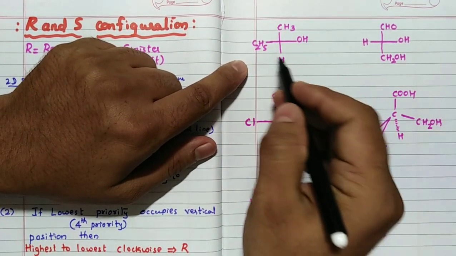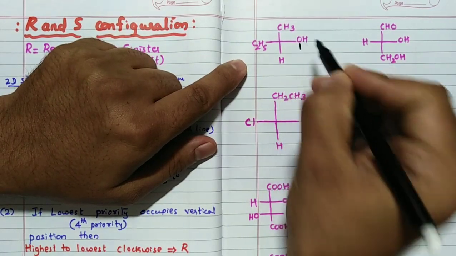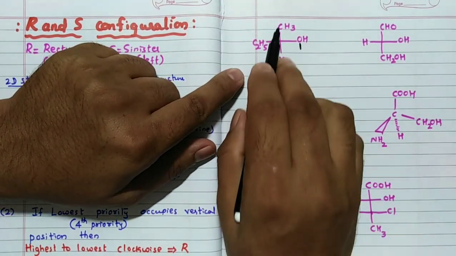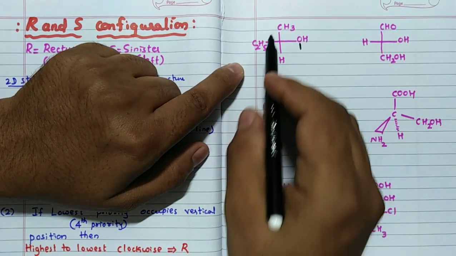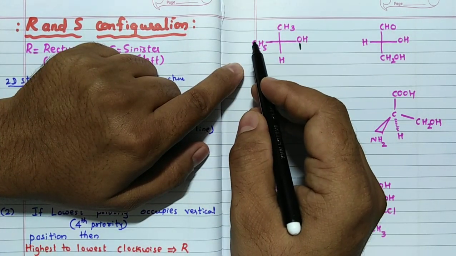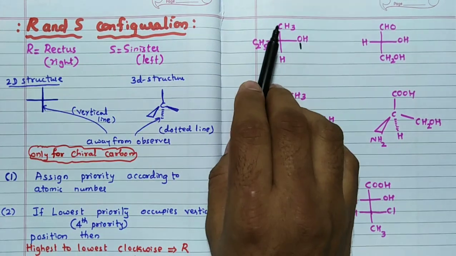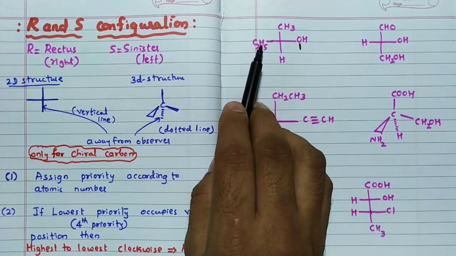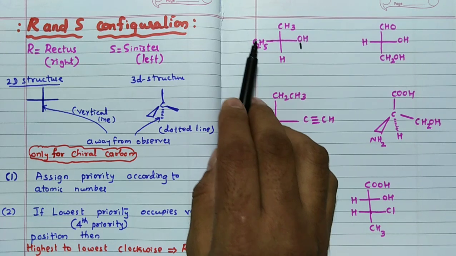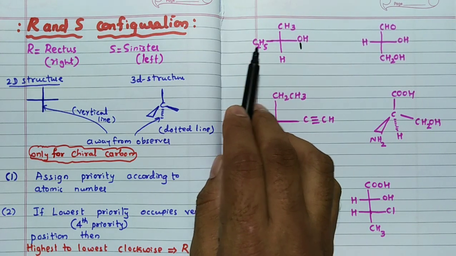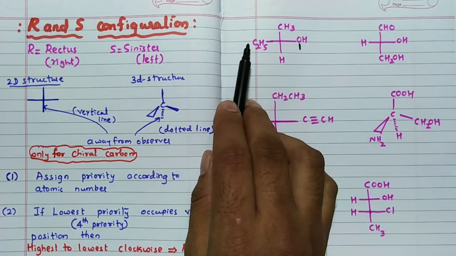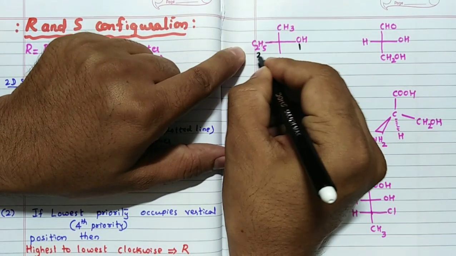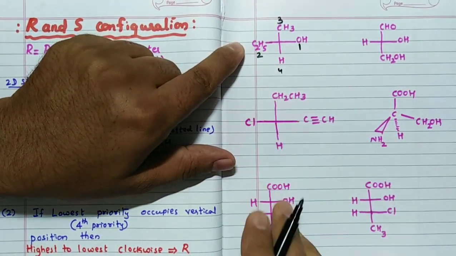See, first priority, highest atomic number, oxygen. So first priority. Second priority, CH3, and here also C is there. But next you have to see, if the same atom is attached as the first substituent, then you see the second substituent. After C, H is attached, but after C here, C2H5 means CH2CH3, correct? So after C, C is attached and H is also attached. So C is attached, hence remember, second priority, and then third priority, fourth priority.